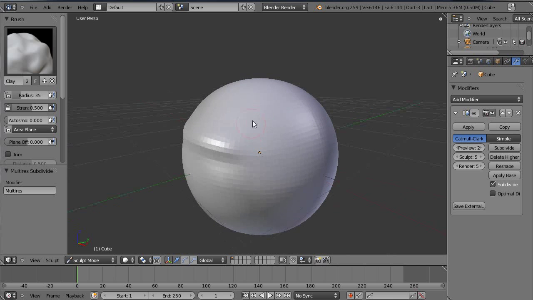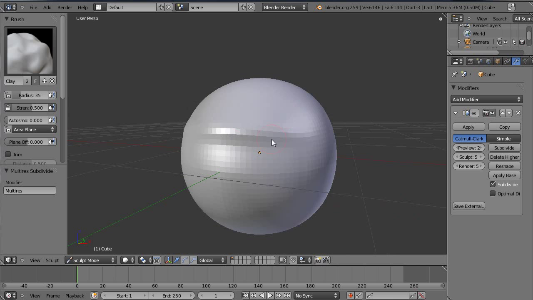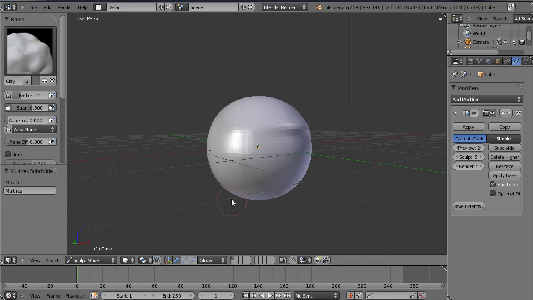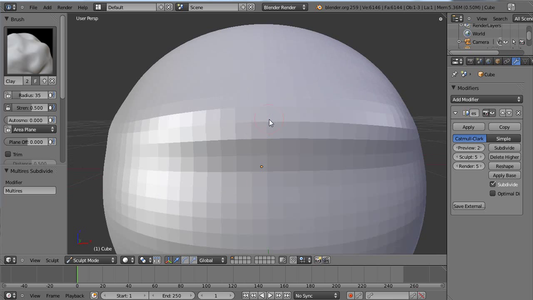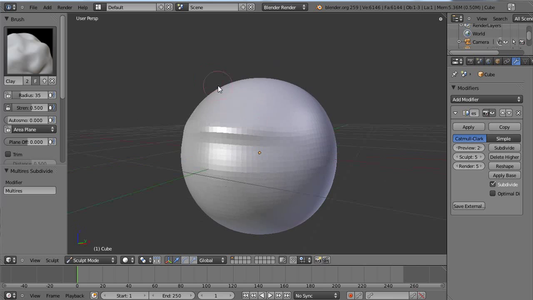Whilst you're on a simple shape it might only be one or two little errors, but if you've got a great big character model with all the sculpting done on it, and then you go down a level, sculpt a bit and then go back up, you'll find that a lot of stuff has gone out of whack. So just keep that in mind. Work your way up, don't work your way down.